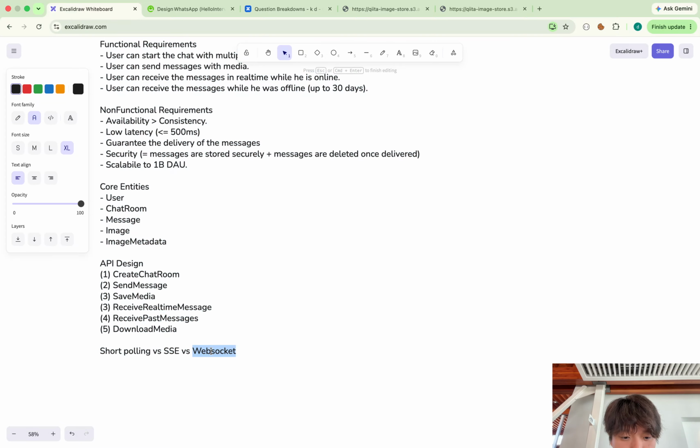Because we use WebSocket, now I have to adjust the API design to use WebSocket. Receiving real-time messages and sending messages are done in the same WebSocket connection, so I would say send and receive message, and this should be WebSocket.